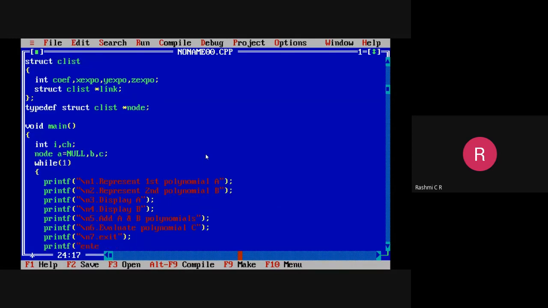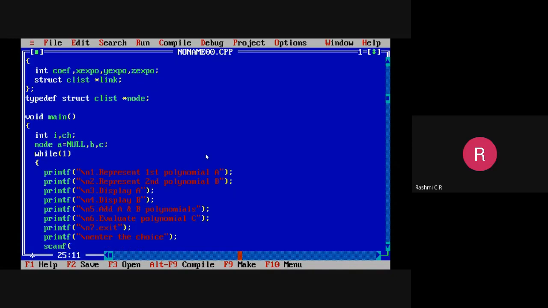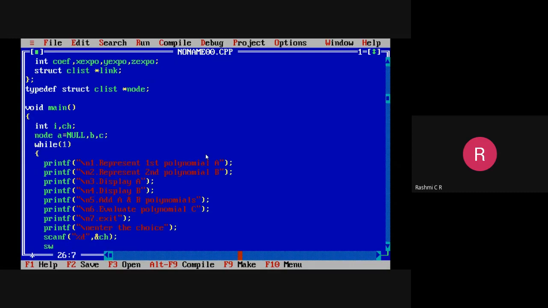Then next is to enter the choice by user. Get the choice via scanner. We have specified only CH, so I'll just consider it as CH.